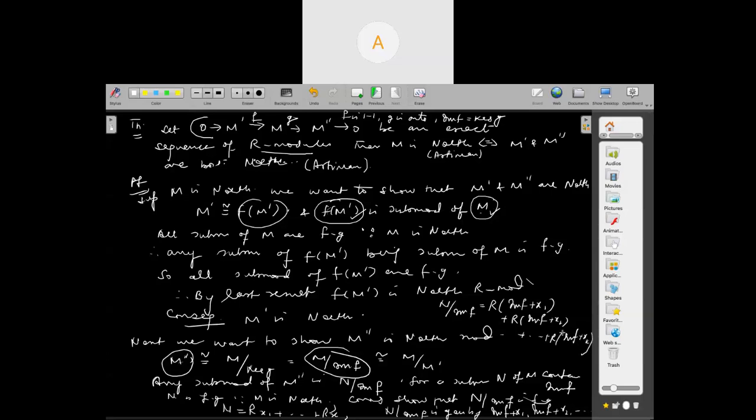These are elements of N mod the image of f, and they generate it because N is Rx1 plus Rx2 plus ... plus Rxn.